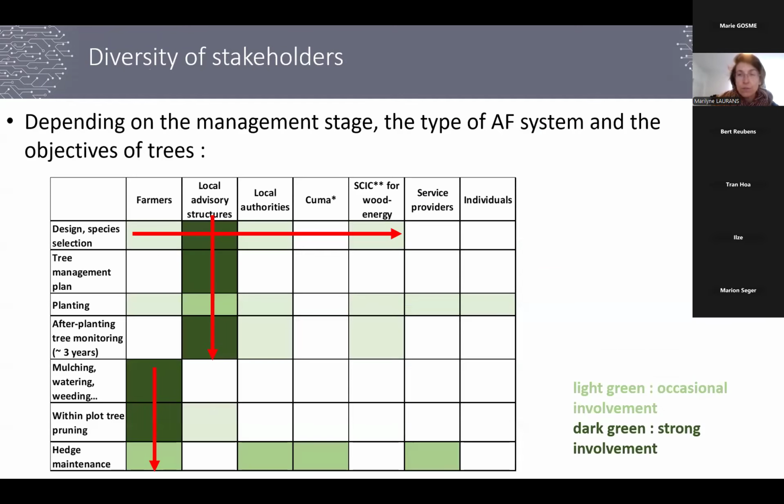So the first finding of this study concerned the diversity of stakeholders involved in tree management. So the interview showed that they depend on the management stage, the type of agroforestry system, and tree objectives. So we can see on this table that advisory structures play a key role from the design of the plot to post-planting